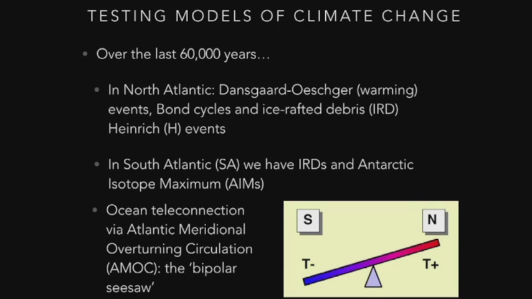And basically, since I've been a PhD student, one of the paradigms that we've had to explain this apparent antiphase relationship is this thing called the bipolar seesaw. The bipolar seesaw is the concept that cooling in the North Atlantic leads to a collection of warmth and increased heat flux to the southern hemisphere. And eventually then it suddenly switches and it goes back to the northern hemisphere. So you have this antiphase temperature relationship, just like a seesaw between the two.